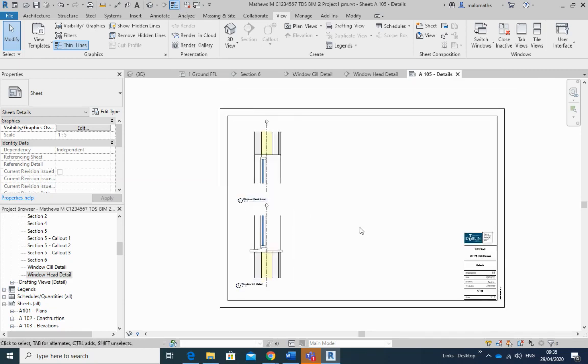I'm now going to show you how to populate them. And again, the advantage of this is that look at all the work that's been done for you already. If you went into a drafting view, you'd have to start from scratch, and you'd have to draw in the grid lines and